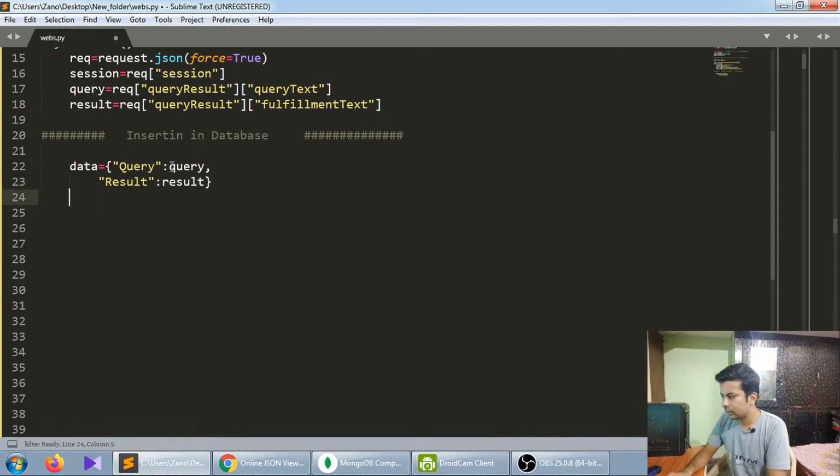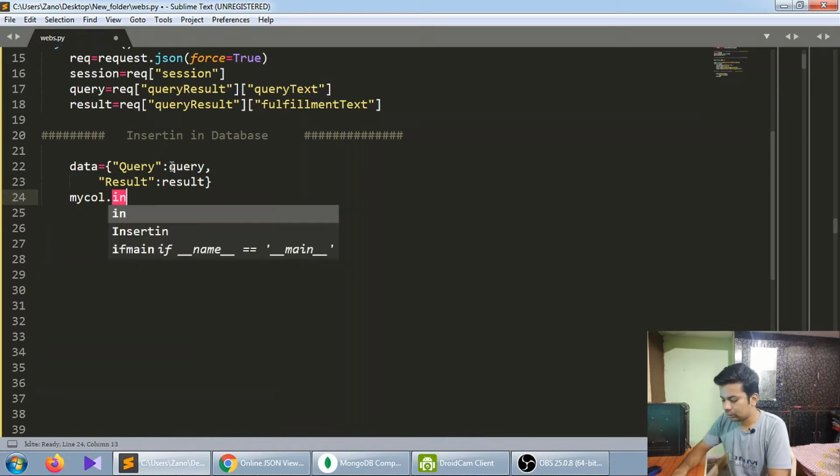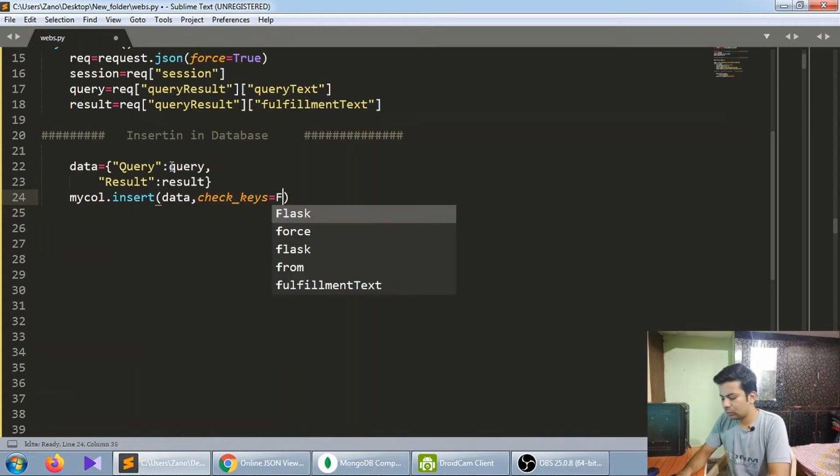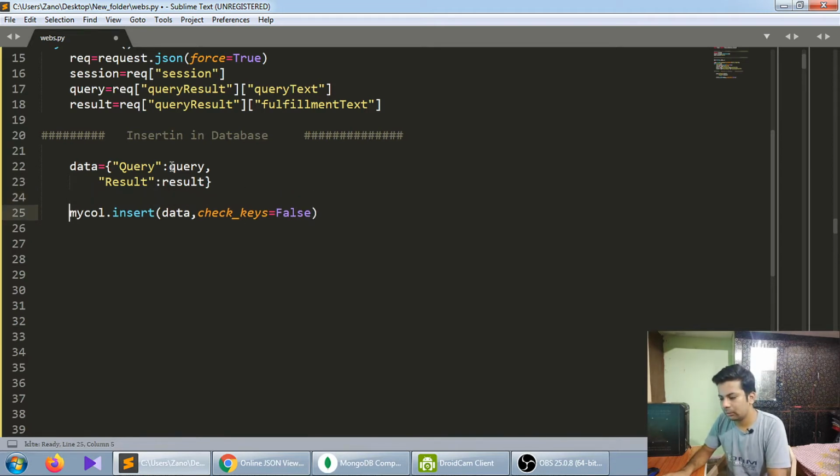Now we'll insert in the database. So we'll do my call. Call means collection. My collection dot insert data, with check keys. You can make check keys true, but I will suggest false, because it was throwing me an error once when I left it as default.